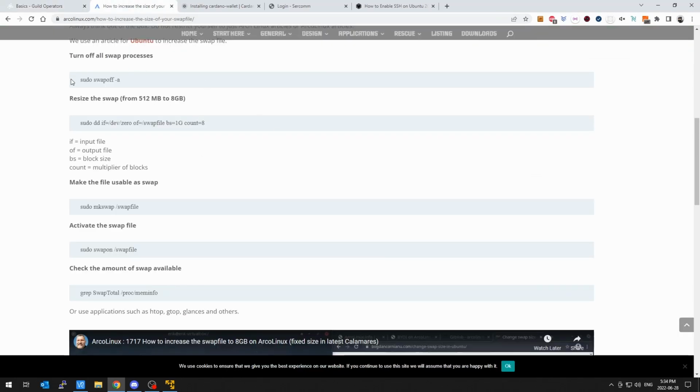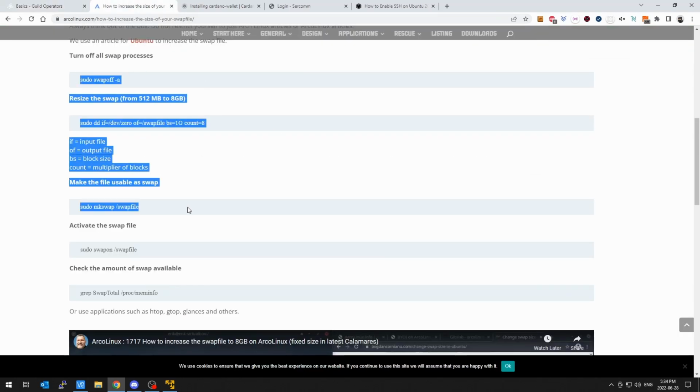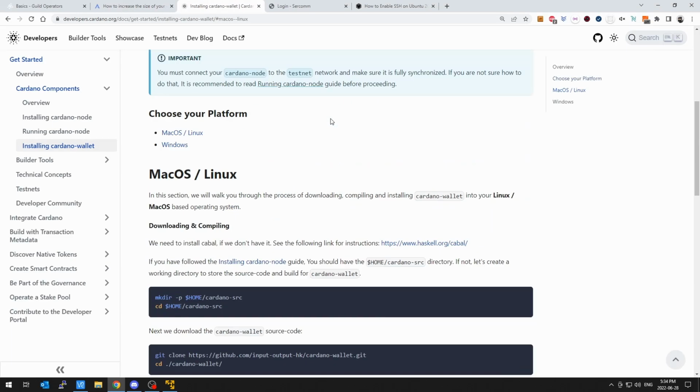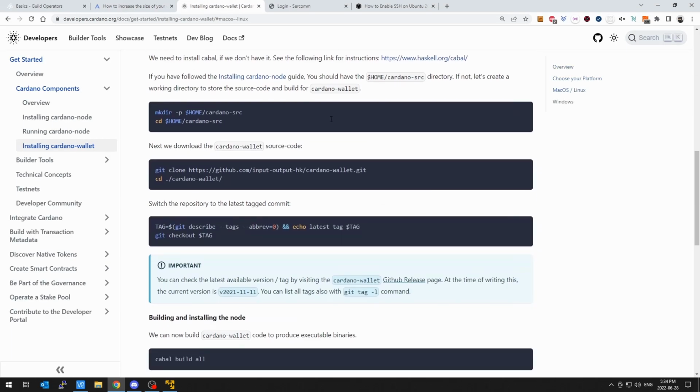This is how we increase the swap file size on Linux, so it's permanent. And we're going to do these before we do the relay itself. We also have the Cardano wallet, so we're going to install this as well. This is the API interface to create and manage and monitor a wallet. This is our router, and I'm not going to show that, but it's got the port forwards,